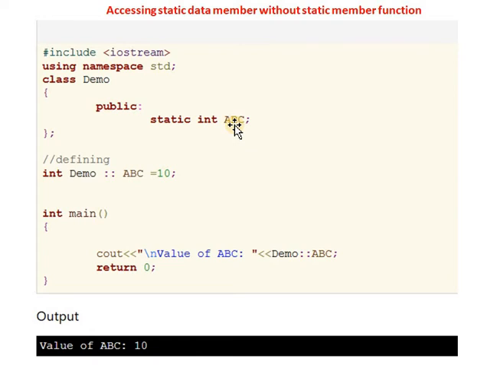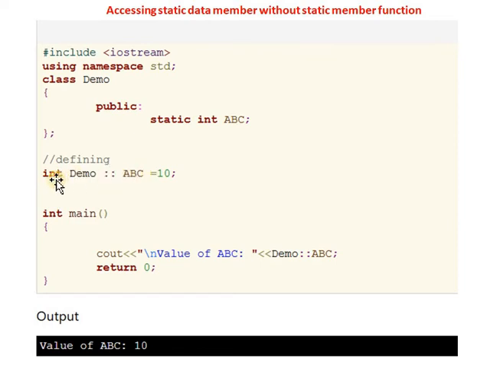The syntax for declaring a static member variable is: first we use the static keyword, after that we specify the data type, and after that we specify the member name. Here one static variable ABC is created. Then for that static variable, one value is initialized.